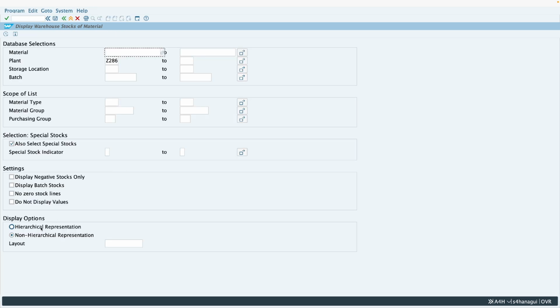You can see here there are two radio buttons. One is hierarchical representation and one is non-hierarchical representation. Now what is this? If I select hierarchical representation, the system will show me in the same hierarchy as it showed in MMBE. You saw that the system was showing under company code, plant, storage location, batch, special stock. The same way here also the system will show me. Let me just enter a material code and give an example. So I'll enter a material code. And if we see the hierarchical representation, if I execute this,